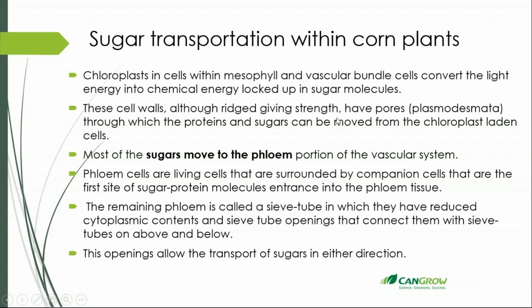It moves into the cell walls. It has a pathway, a transmission way in order to be transported. So it all ends up that most of the sugar is moved to the phloem part of the plant. That's the living part of the plant, the living cells. It's surrounded by a lot of companion cells, a lot of sieve tubes, and the remaining phloem, this sieve tube in which we have reduced cytoplasmic content,